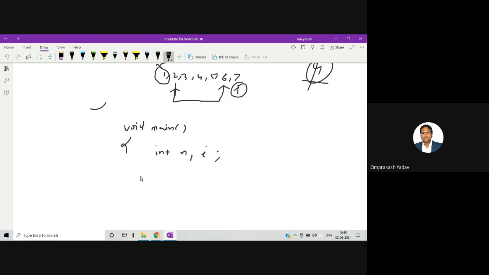I'll ask the user: printf "enter any number", scanf, ampersand n. Okay.